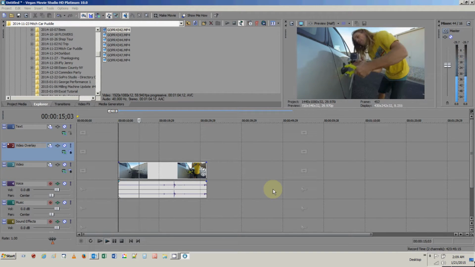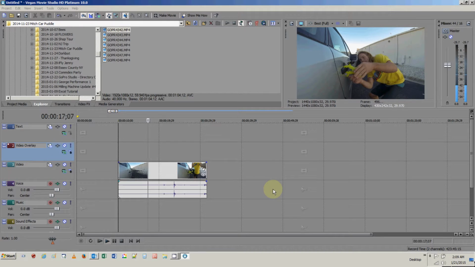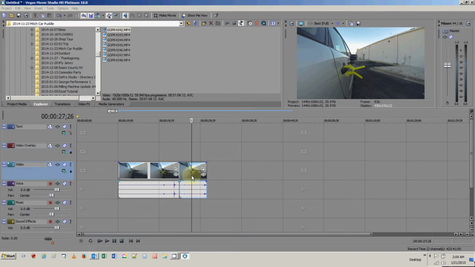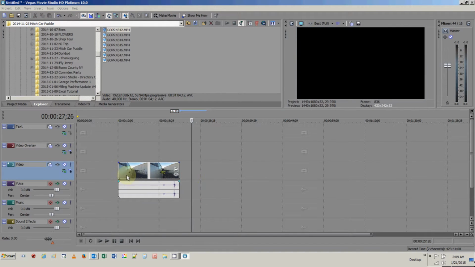So he comes in, he puts the clamp on there, he looks at it, sets the camera, and then he goes into the car. And then right there, I want to cut. That's where I want this to end. I want it to be very quick, where he just jumps into the car. So I'm going to hit S for split and delete this. And now I've taken this very long frame and I've shortened it down into a very useful snippet.